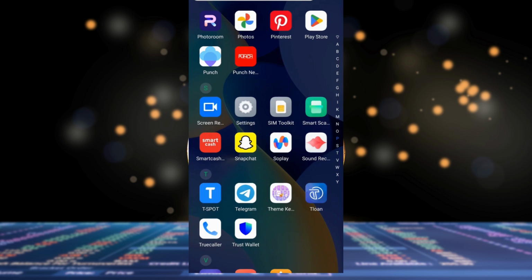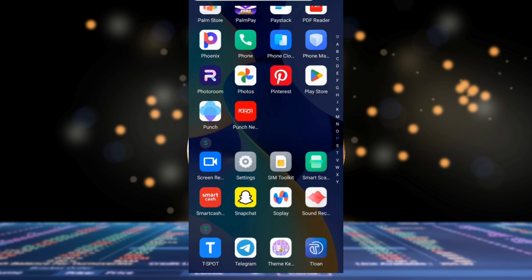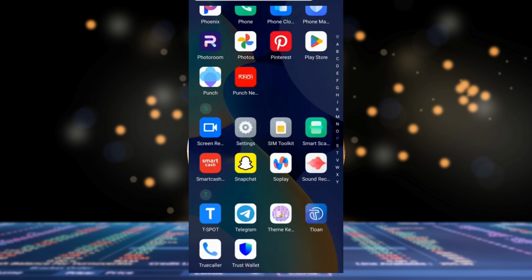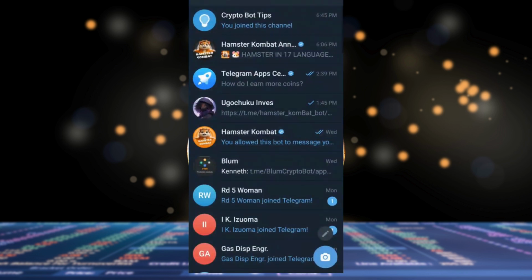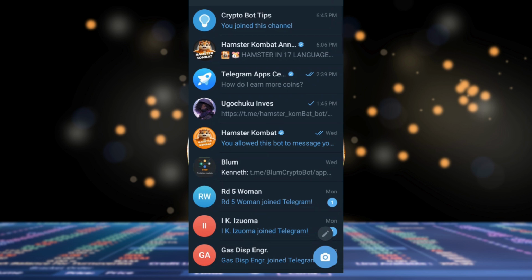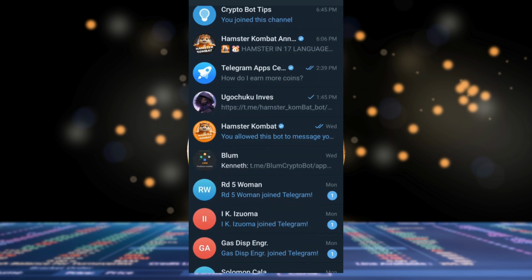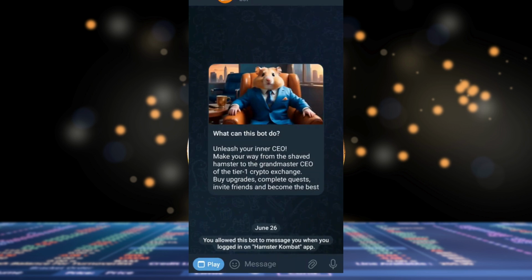So what we're going to be doing, we're going to be accessing the app through our Telegram app. So click on your Telegram app. I'm going to click it so you see it as it's going. Once you land in your Telegram app, click on the Hamster Kombat page, which is this one here that says you allow this bot to message you. Click on that and the app is going to open like this. Once it opens like this, click on play,